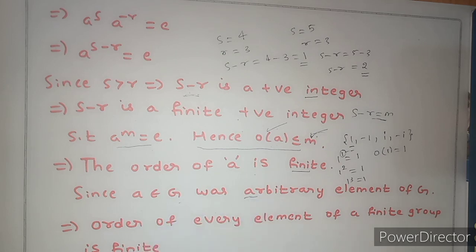Since a belongs to G is arbitrary, a is arbitrary, right? We have chosen one element. Then it will apply to all elements. So the order of every element of a finite group is finite. This is the proof. I hope